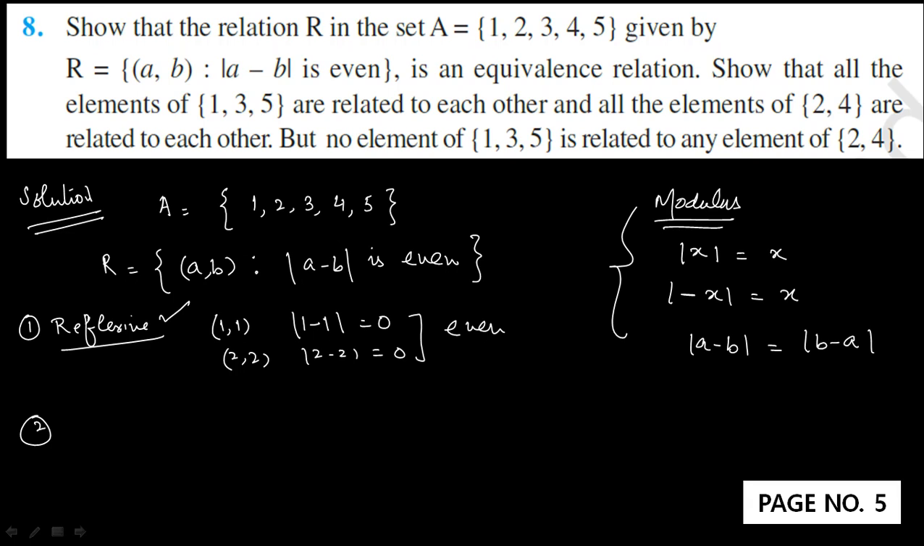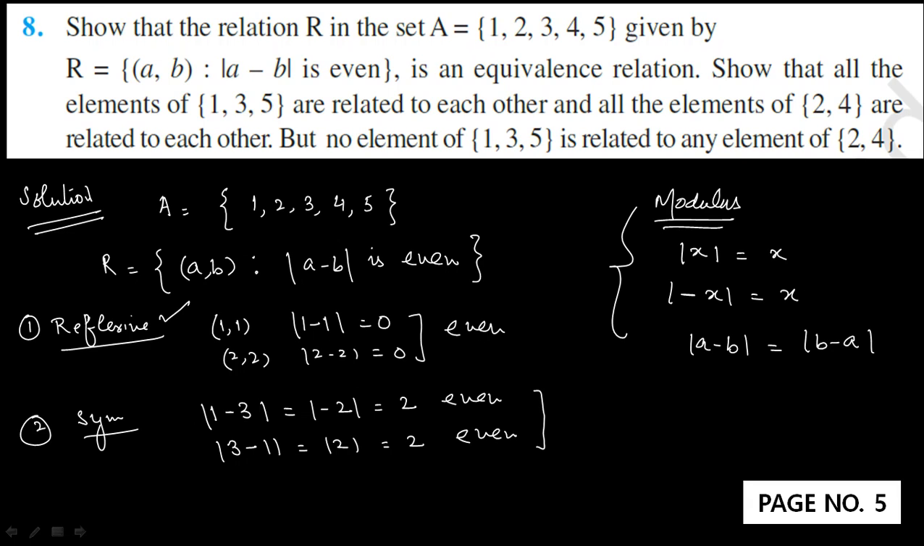Now what about the symmetric relation? If I am writing 1 minus 3, the answer is equal to minus 2, which is even. What about (3, 1)? The answer is equal to 2. It's again an even number. If I am considering the difference as even,